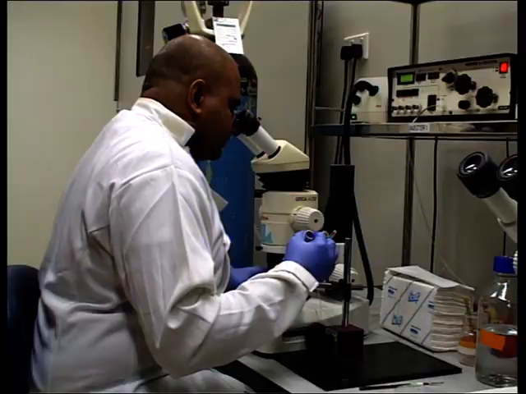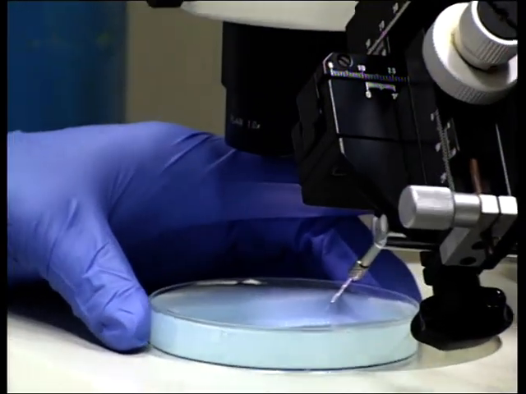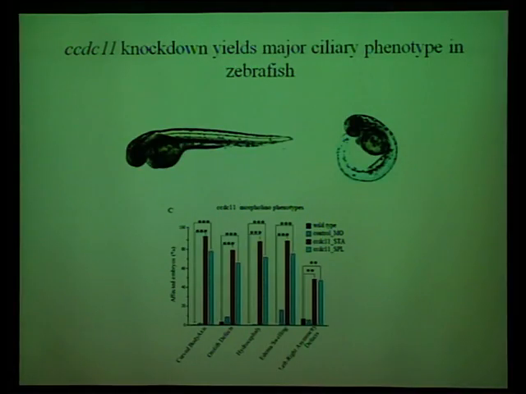We used microinjection technique to introduce morpholinos into zebrafish embryos that inhibit the function of the CCDC11 gene. We found that when CCDC11 activity was compromised in zebrafish embryos, various phenotypes that are characteristic of defects in the motile cilia were observed, namely curved body axis, otolith defects, hydrocephaly, and prominent left-right asymmetry defects. We contacted our collaborator Professor Ahmed Umran to investigate the role of CCDC11 as a potential candidate gene for